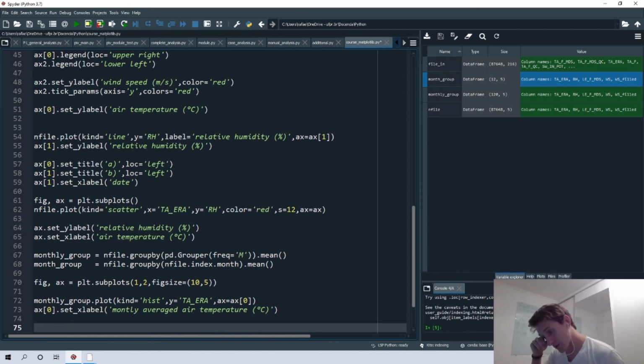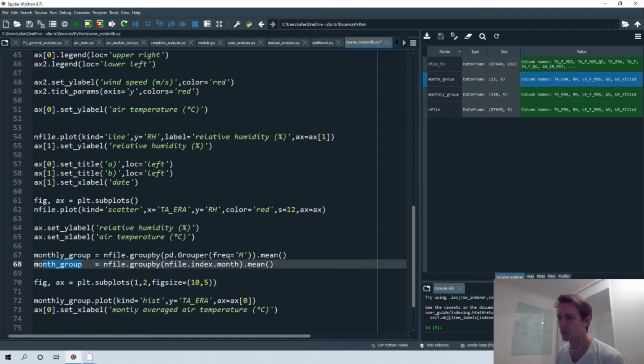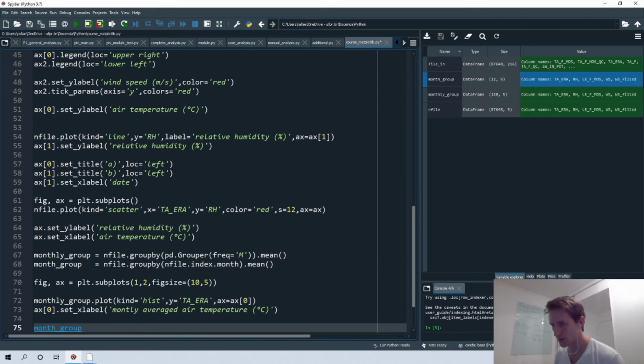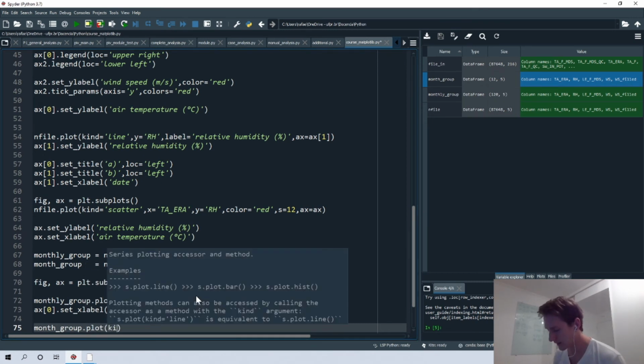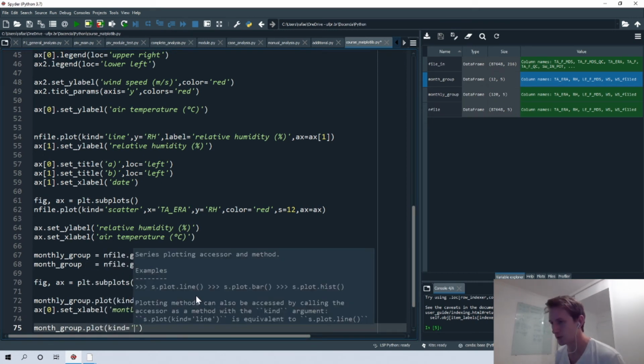So the second graph will be a line type, but using the month group data frame. So using this dot plot kind of plot, you can change that, so we can show it as a bar.